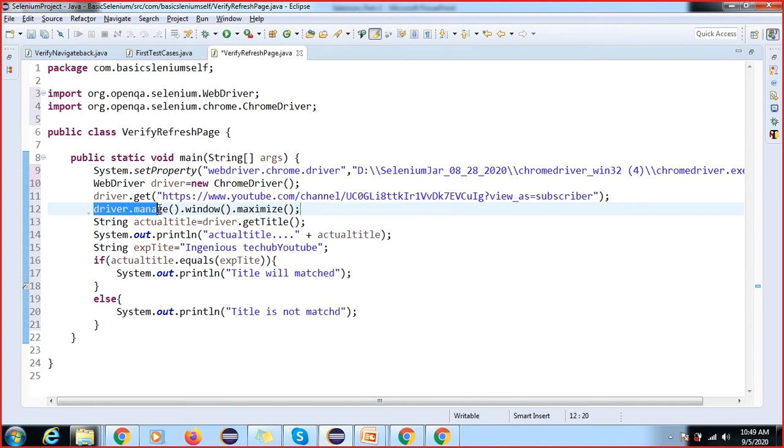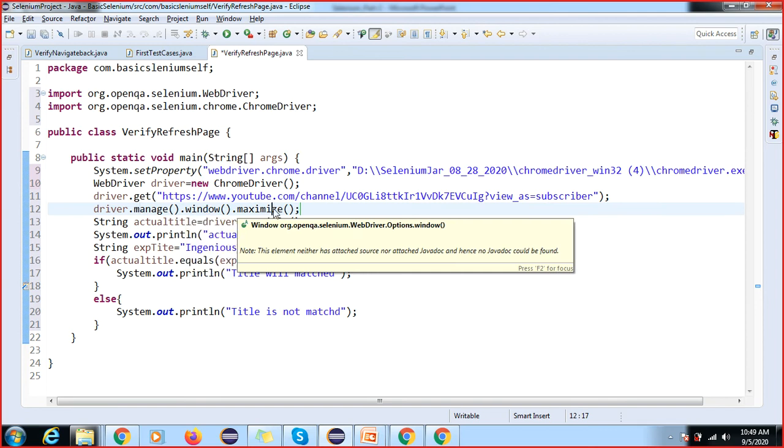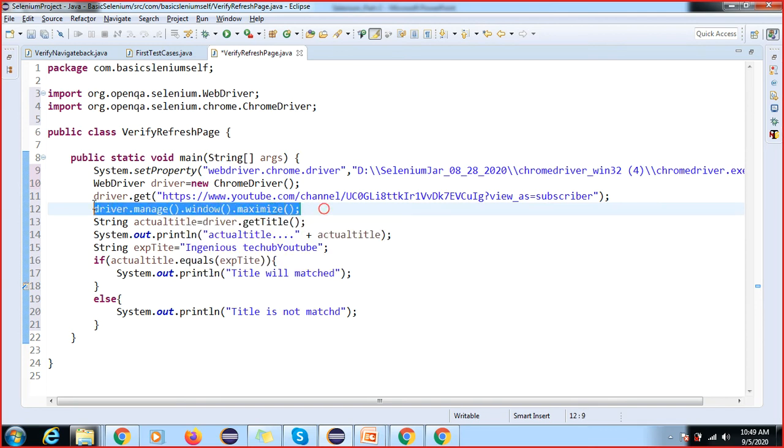Someone will ask what is this. We are calling multiple methods, and in technical words this is called method chaining. Inside this driver we have multiple methods, so by using the manage, window and maximize methods, it will maximize our browser.